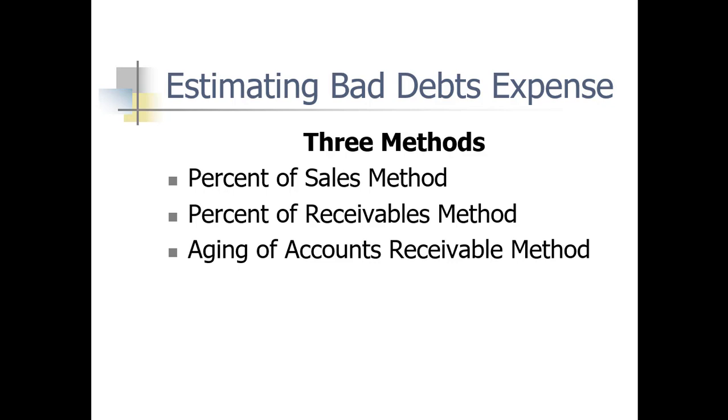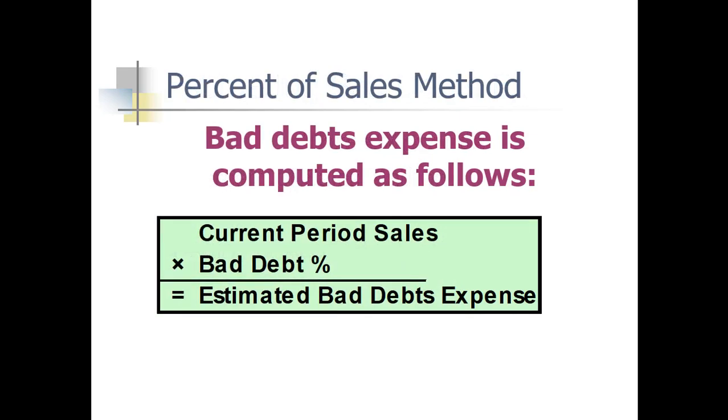Percent of receivables is a little bit trickier, and then aging is the most involved, but it's pretty similar to that percent of receivables method. So let's start with our discussion then for percent of sales method. The way that we'll calculate bad debt expense with the percent of sales method is